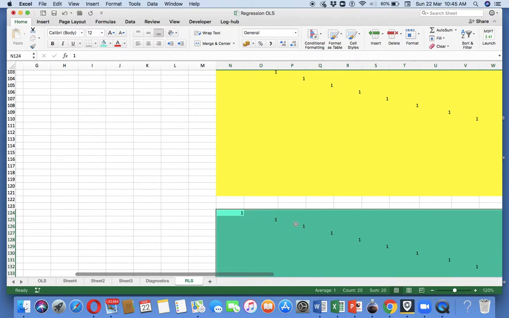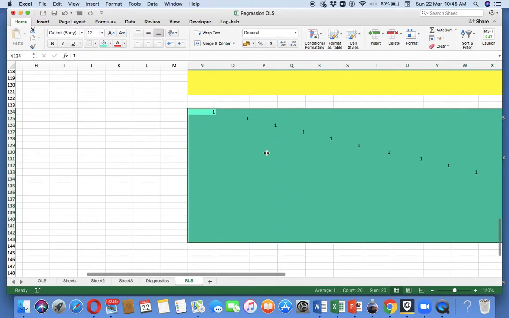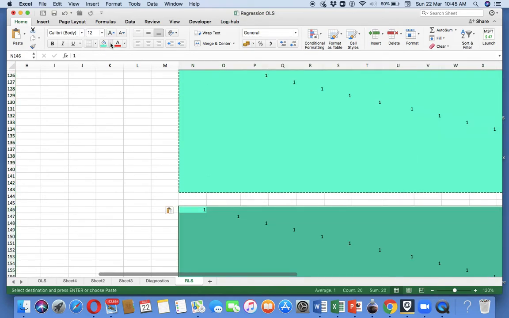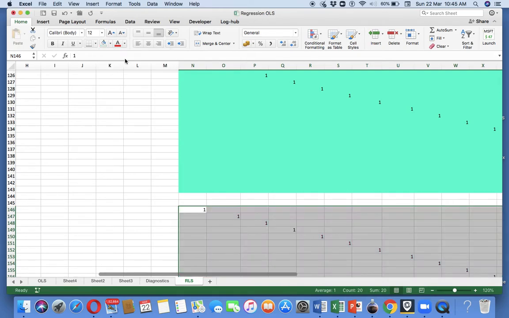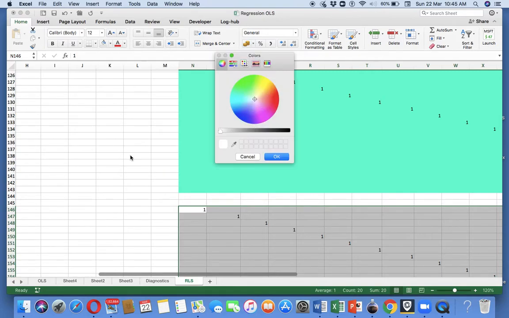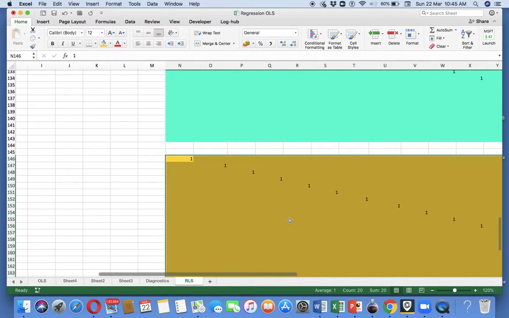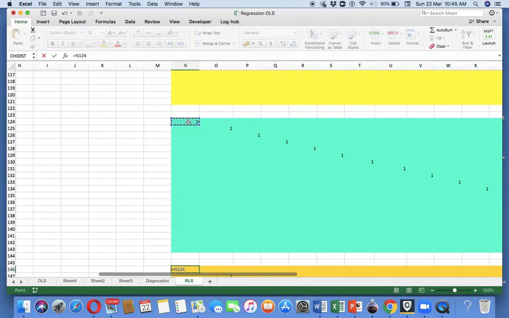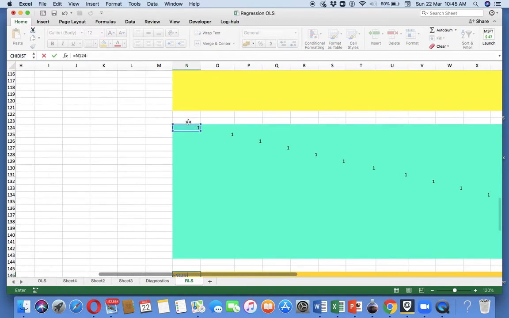So I've got fill, and I'm going to subtract I minus H. So this first element minus my hat matrix elements.